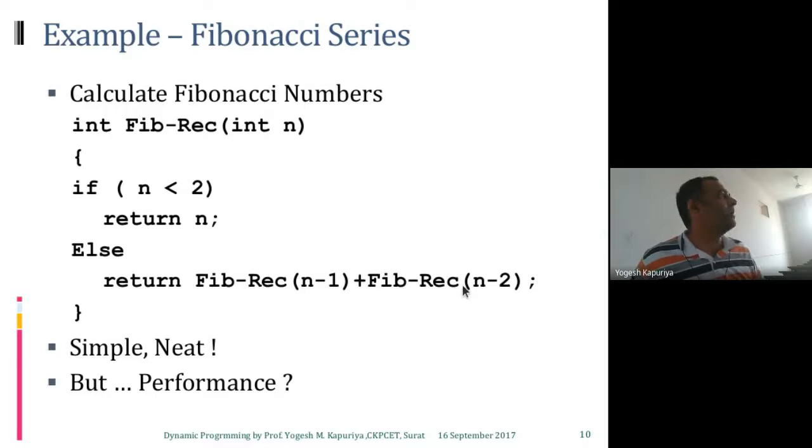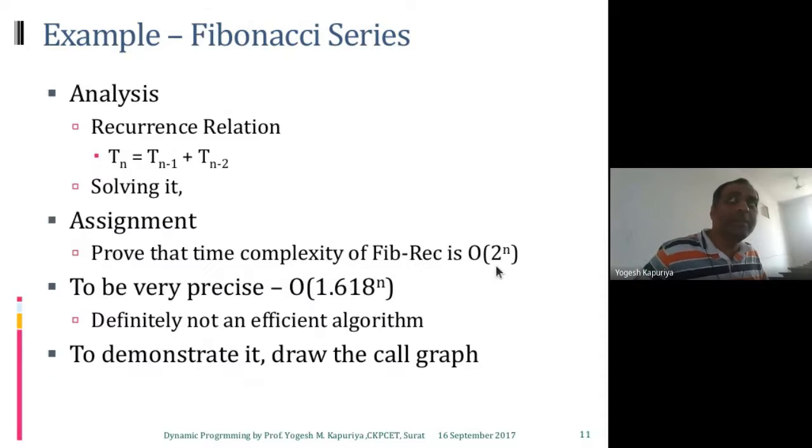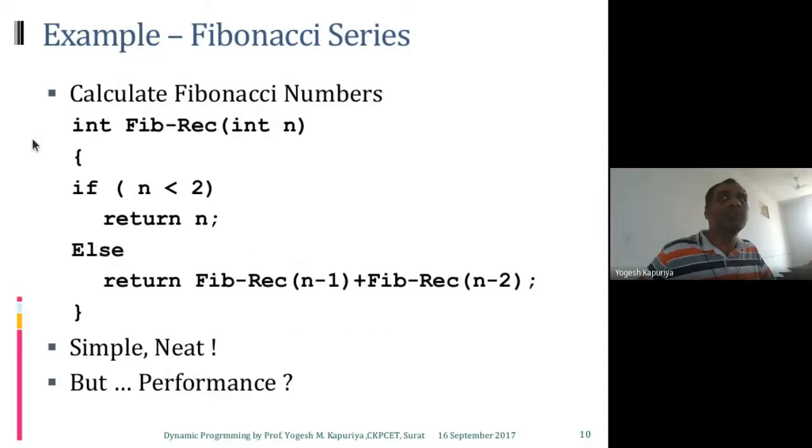And if I want to compute the time required to compute n, it is actually the time required to compute n minus 1 plus the time required to compute n minus 2. Is that clear? So it means that if I want to compute the time complexity of this algorithm, then I first have to find out this equation. To find out the time complexity of any recursive function or recursive algorithm, you always need to find out this first.